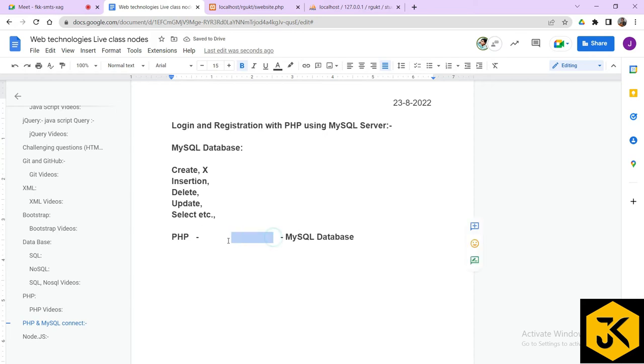Instead, if any two third party elements want to communicate, compulsorily what do we require? We require some kind of medium, right? If you would like to join RGUKT, what do you require? You require to write some exam, or you require to have some kind of 10th class marks. Similarly,